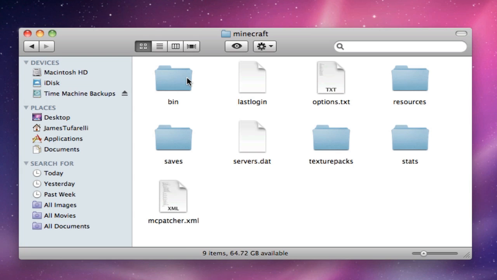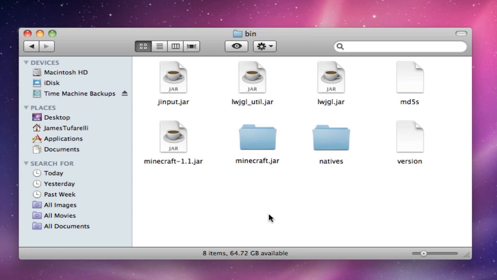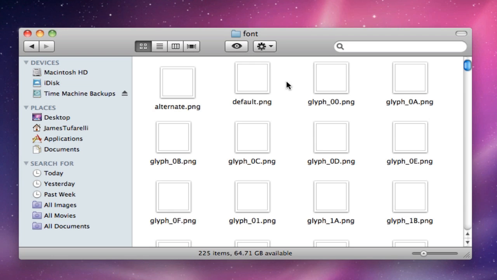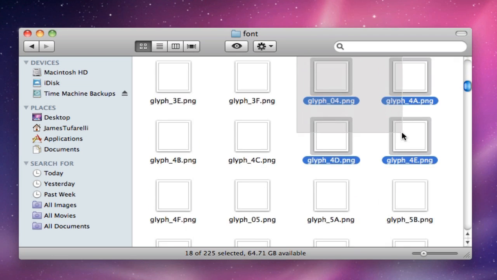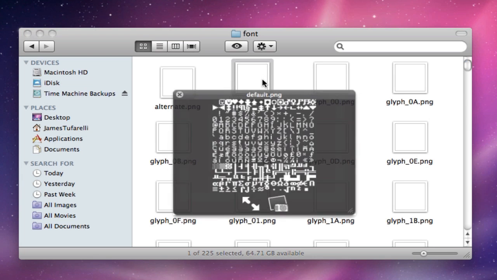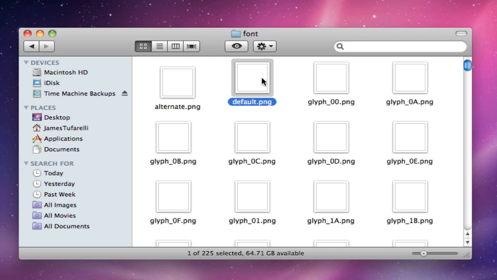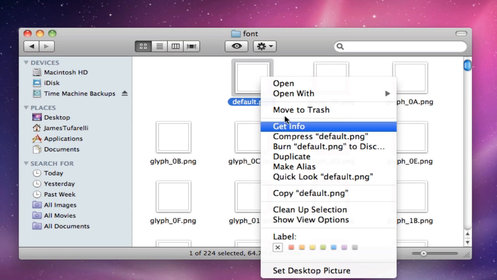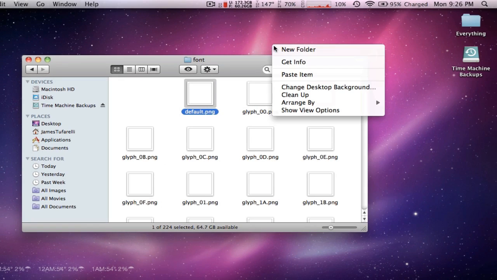So you're going to need WinRAR or UnRARX or some kind of unRARing program or 7-zip to actually view your Minecraft folder. So you're going to go into your minecraft.jar, open it with WinRAR, and scroll down till you find font. Open that, and you might not see all this. This is part of my McPatcher thing, but you should see default and alternate. So this is the default language, and this is the standard galactic language. So what you're going to want to do is delete the alternate.png, however you want to delete it, copy the default, paste it to your desktop,